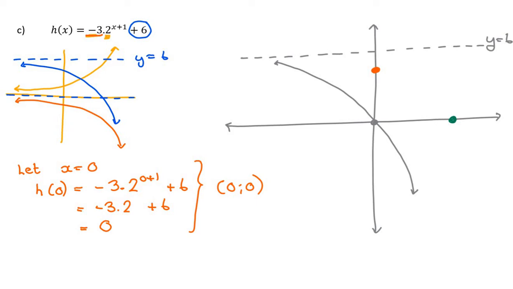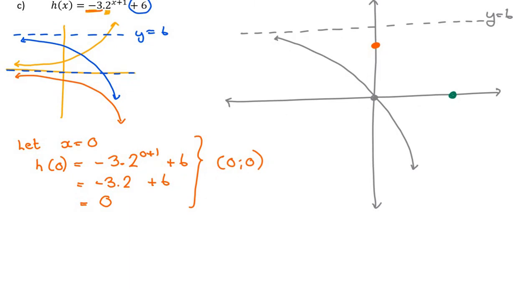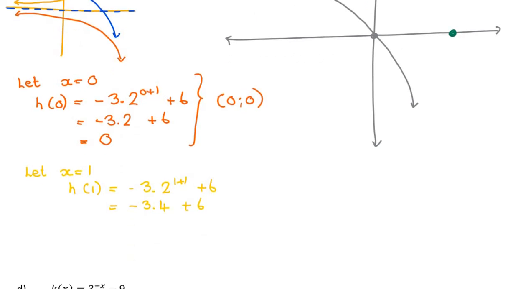So what I do actually need to do here is let's plot one other point on the graph. I would just say, let x be 1. If x was 1, what is h of 1? That would be negative 3 times 2 to the 1 plus 1, plus 6, which will be negative 3 times 2 squared, which is 4. So that's negative 12 plus 4,